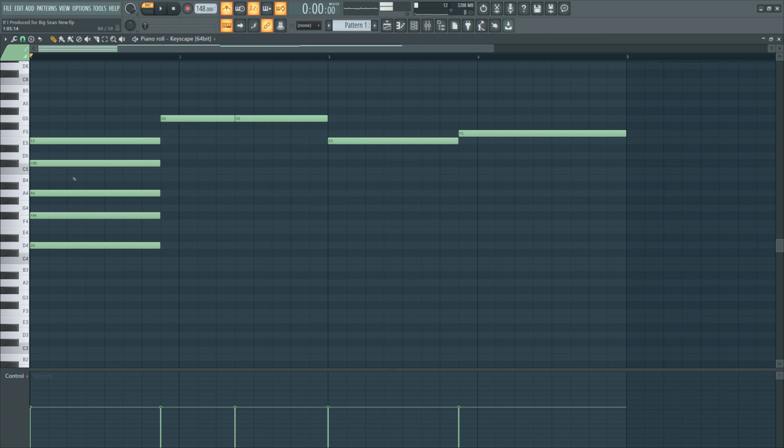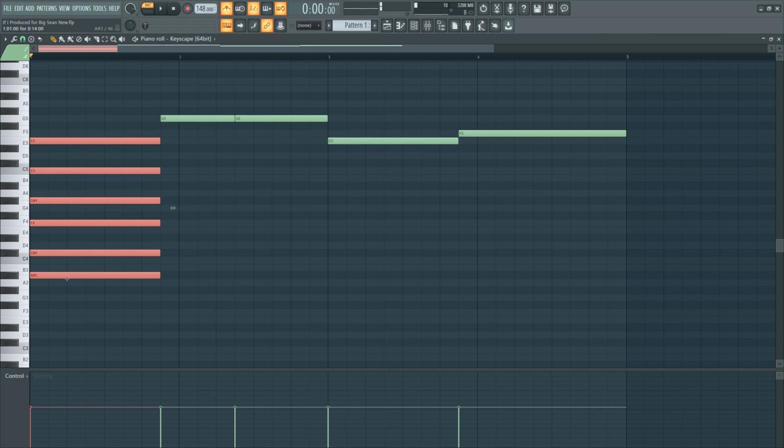I want to make it an 11th chord, so let's continue. So instead of counting this as 0, I'm going to consider it 3, 2, 1, 0, and that's the minor root. Now let's count it all. 0, 1, 2, 3, 4, 5, 6, 7, 8, 9, 10, 11, 12, 13, 14, 15, 16, 17. Now this should be 18. If it's supposed to be the minor 11, we're going to make that 18.